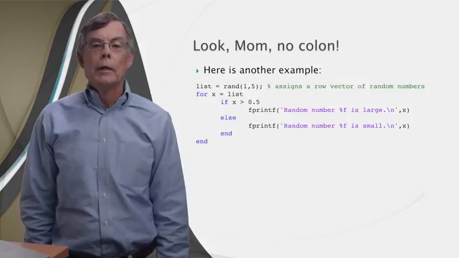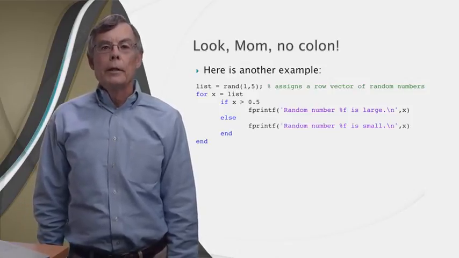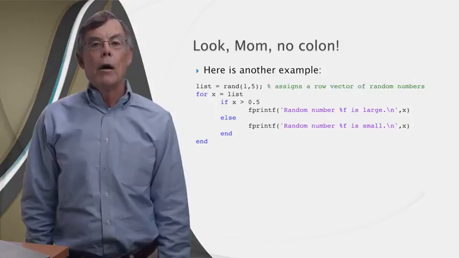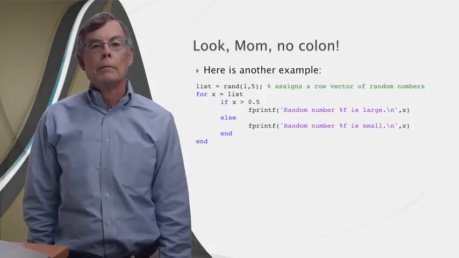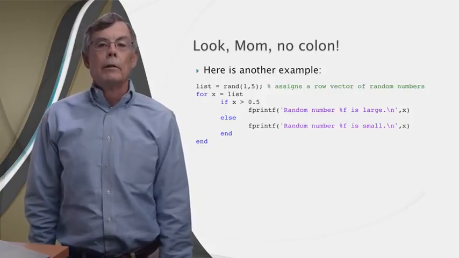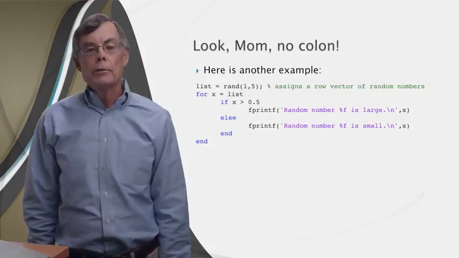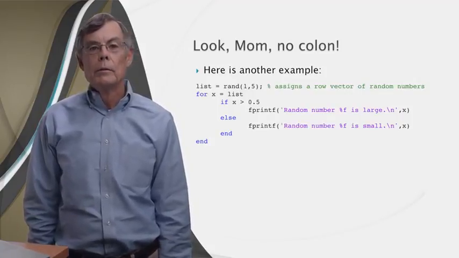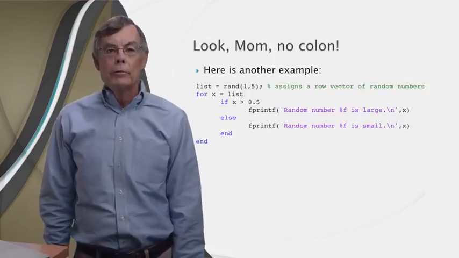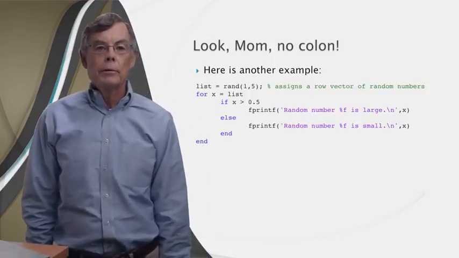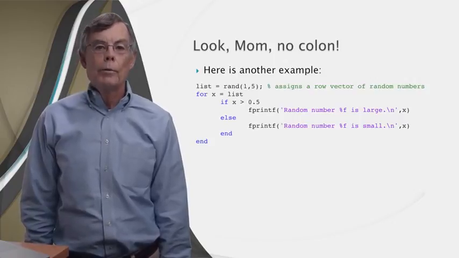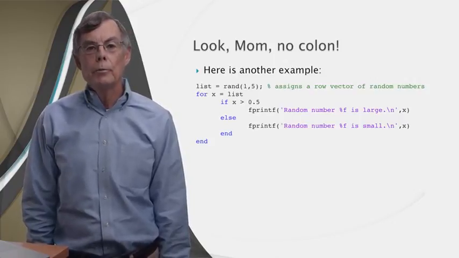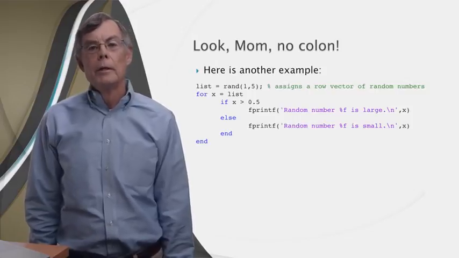Here's another example. Instead of a colon operator, here we simply use another variable that already contains a vector. In this case, it's a vector of 5 random numbers. This is perfectly fine. The loop index will be assigned the elements of this vector one by one. The body of this loop is a single if-else statement. It prints out one of 2 messages, depending on whether or not the current value of the loop index, which is one of those 5 random numbers, is greater than